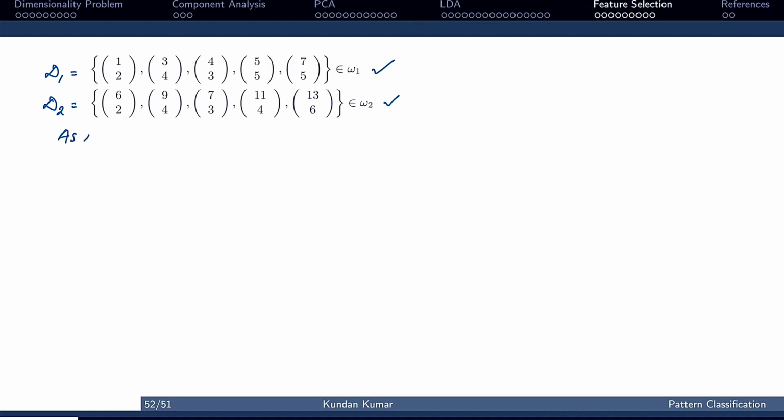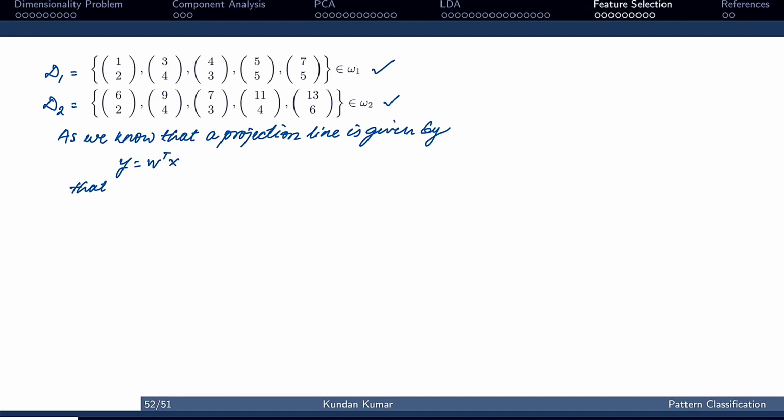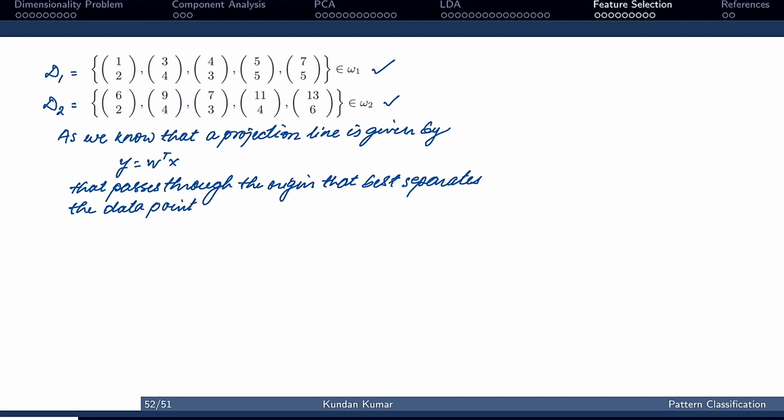As we know, a projection line is given by y equal to w transpose x that passes through the origin, that best separates the data points in one dimensional feature space